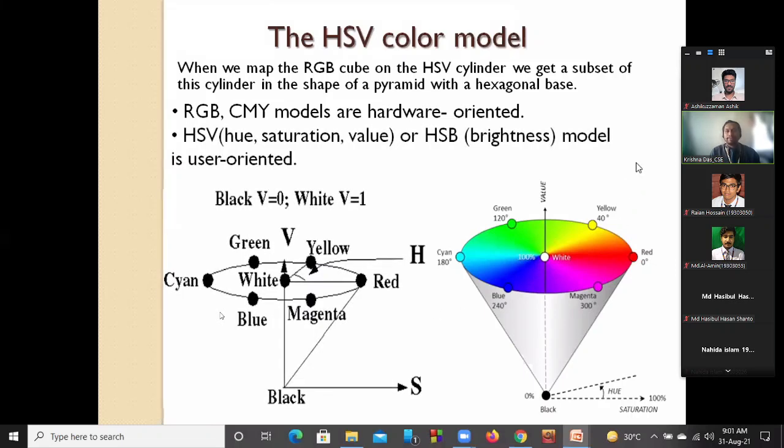As you can see, it is like an upside-down pyramid with a hexagonal base, meaning we can create six lines, but it's shown in a circle shape, considering those six parts. The circle is shown mainly because of the cyclic nature.